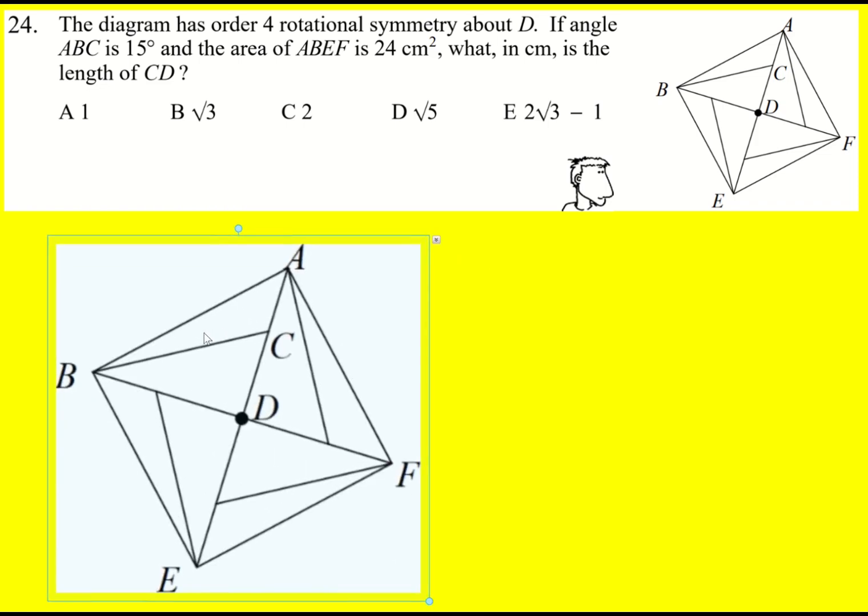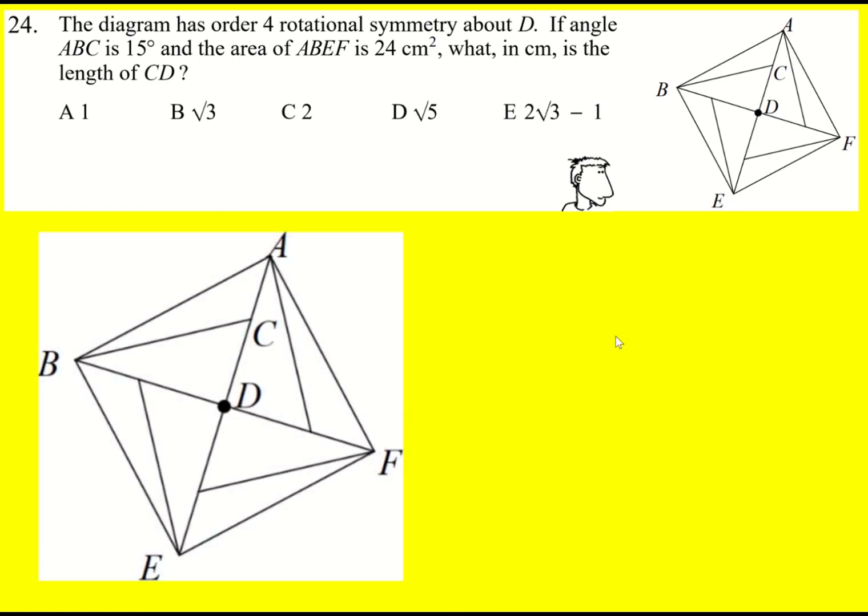So the diagram has order 4 rotational symmetry, and this has some consequences. For example, ABD must be a 90-degree isosceles triangle, because AFD will be the same for it to have rotational symmetry. So that angle there will be 45, and the angle ABD will be 45. Now, because we're told that ABC is 15, then I can just go straight ahead and say this is 15